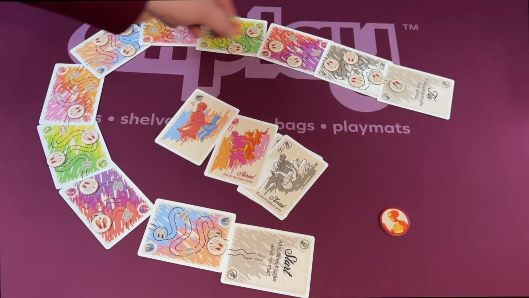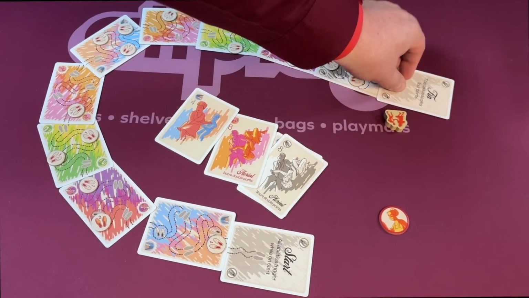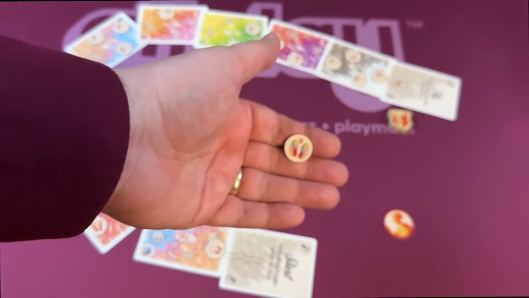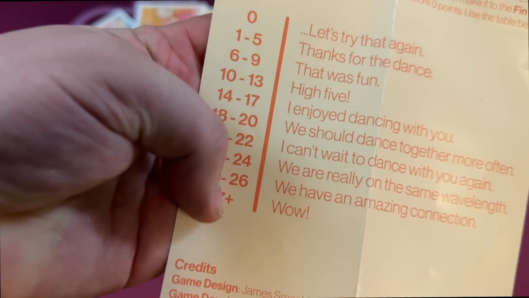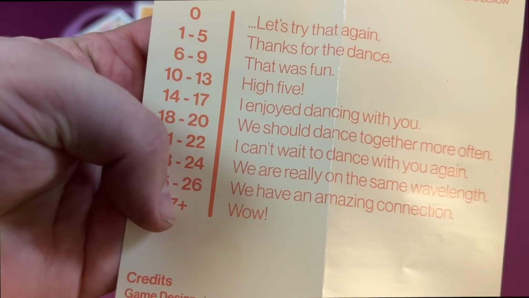So you're going to keep moving down the path. You need to get to the finish, because if you don't get to the finish before you run out of cards in the deck, then you score 0 points. If you do, though, you'll get 4 points. If you land on it exactly, you will get 8 points. At that time, you simply add up all the points, and you get yourself some sort of commendation for your score. This game felt